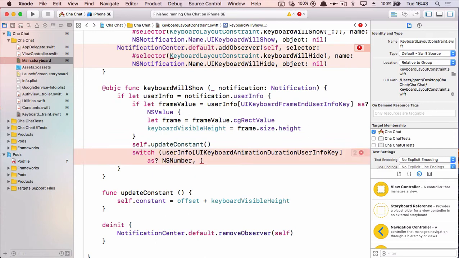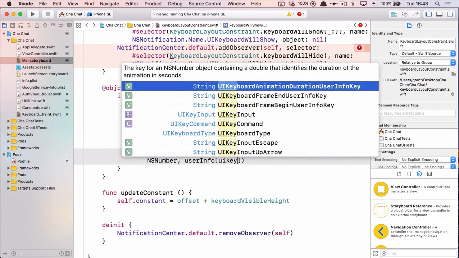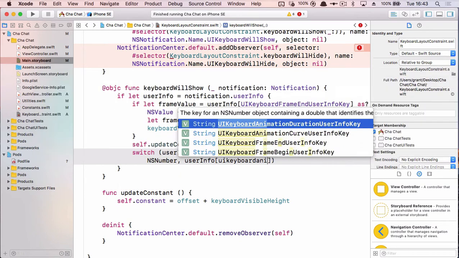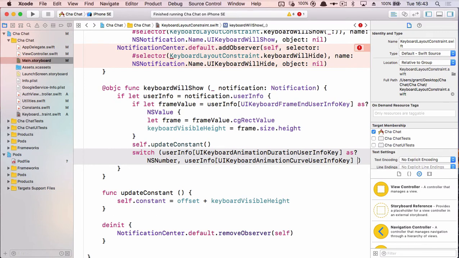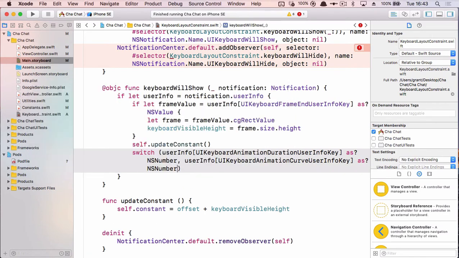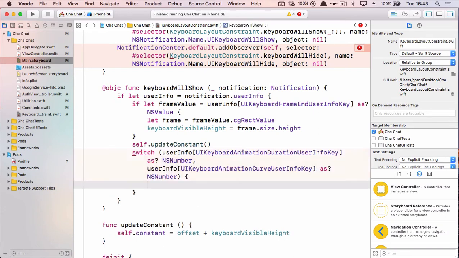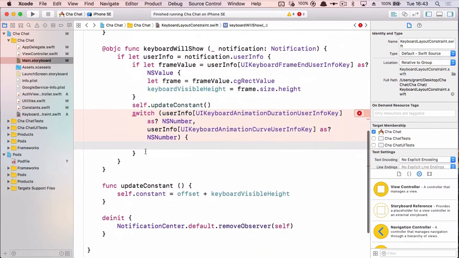Okay, and then we also need to get the user info UIKeyboardAnimationCurveUserInfoKey. And again, this is going to be an NSNumber. And we're going to compare these two items in our switch case. All right, so if you're not sure what's going on, it's fine. I really don't want to go into depth on this because I really don't think you need it. I think it's good enough to actually copy this and just get some Swift practice whilst we're at it, because it is quite complicated. So the first case is where we let